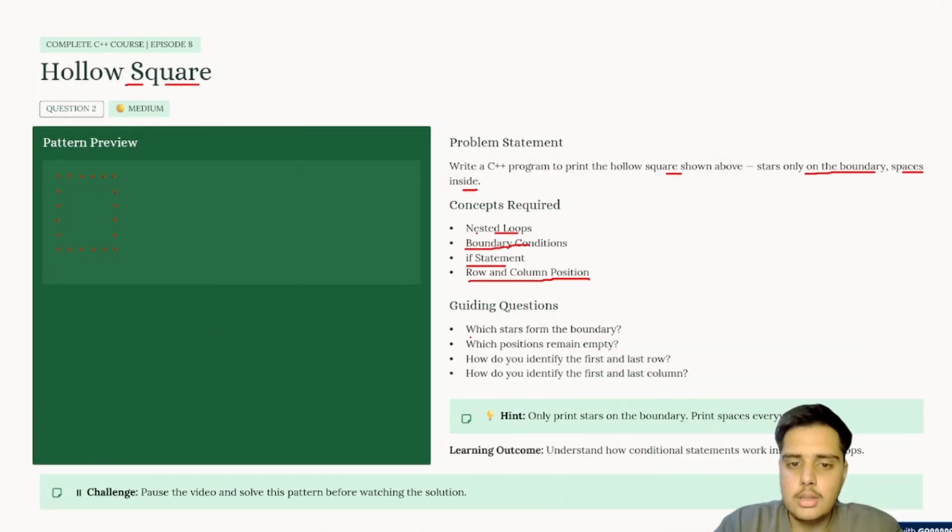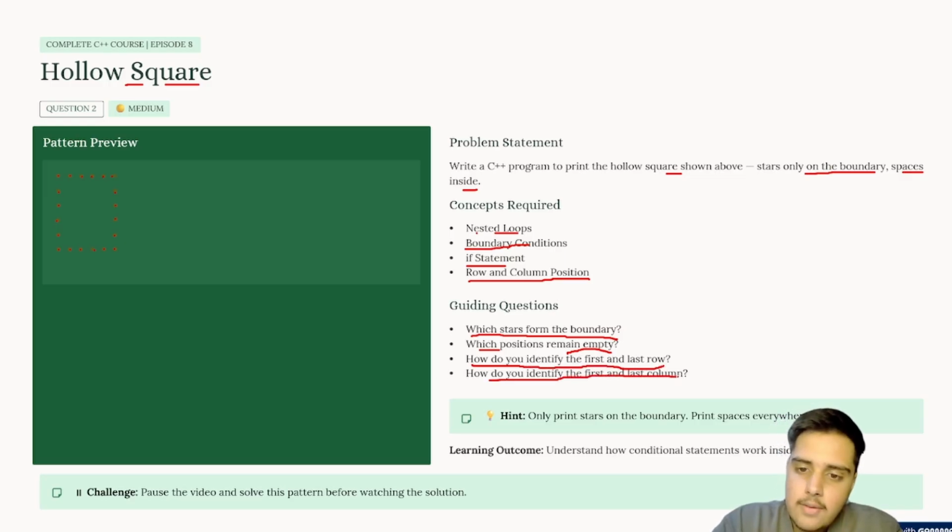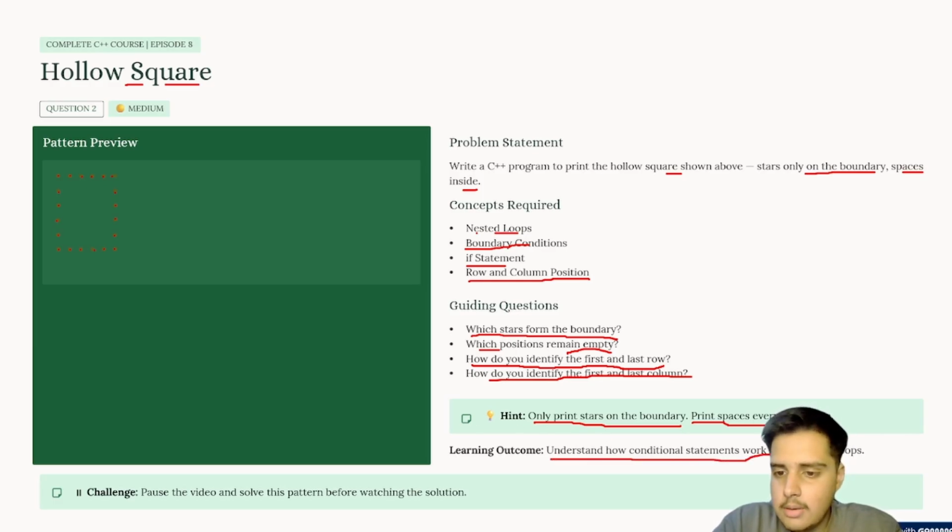The guiding questions: which stars form the boundary, which positions remain empty, how do you identify the first and last row, how do you identify the first and last column, and print stars only on the boundary, print spaces elsewhere. The learning outcome is to understand how conditional statements work inside nested loops. The challenge for you is to pause the video and solve this pattern before watching the solution.